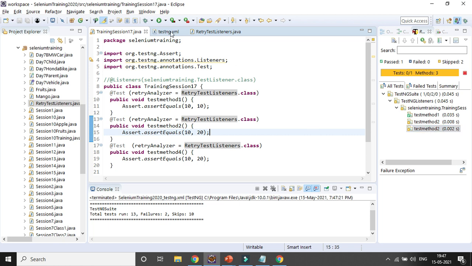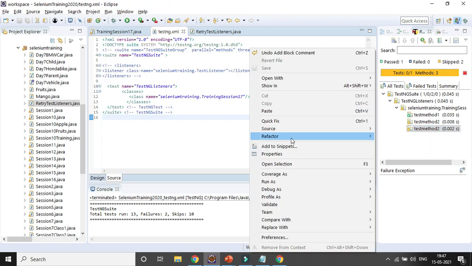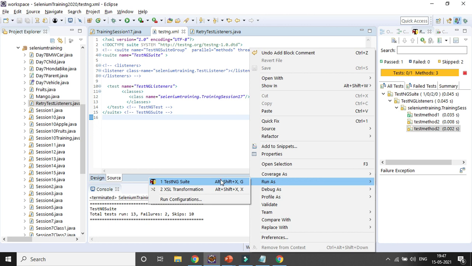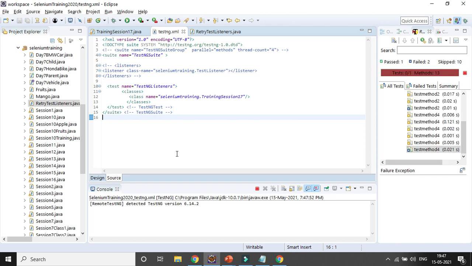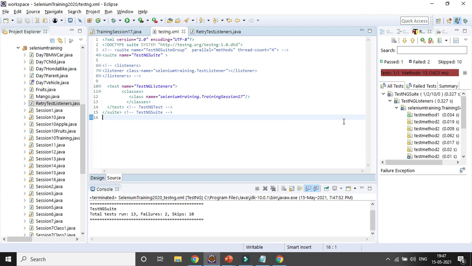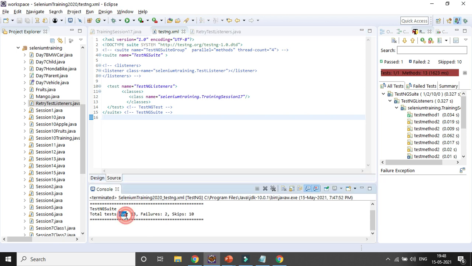Maybe let's run it once more and see if any kind of problem is happening. Okay, sometimes it does not update the result properly, so you need to run it one more time. You can see total run is 13, failure 2 and skip 10, right?